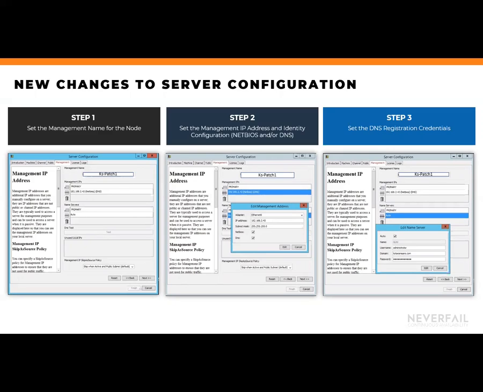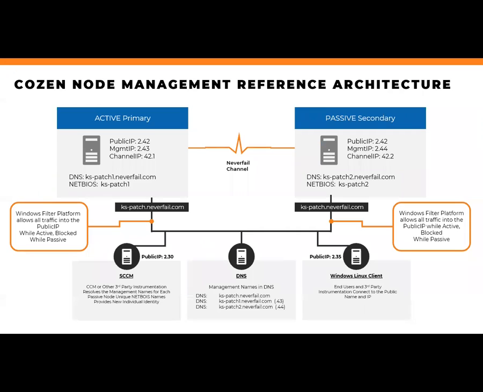If you're active, then you have the primary namespace. You don't really need Cozen for that, right? You only need it to allow you to access these passive nodes. So once it's up and operational, it looks something like this. Now you have a management IP address for each one of your nodes in the cluster. In this diagram, it shows SCCM out there. The primary namespace would be